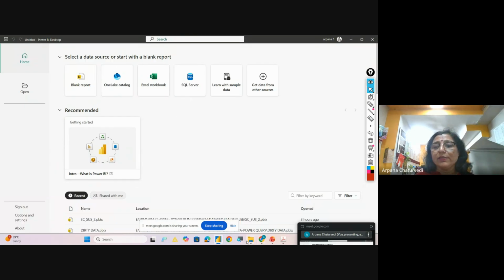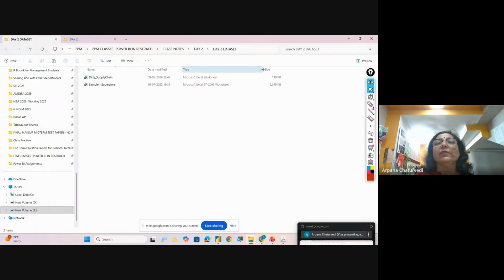We have to always see what kind of data set is being given to us. So when you just drag this, you can see over here. What is this? It is Excel worksheet. If it is a CSV file, you can see that the type is CSV. You have to always check, before connecting, which kind of data source you are holding. So